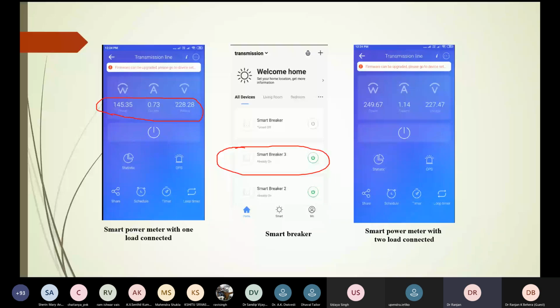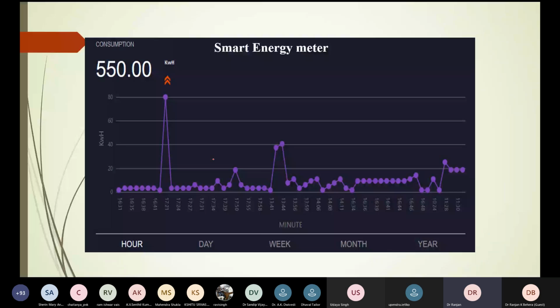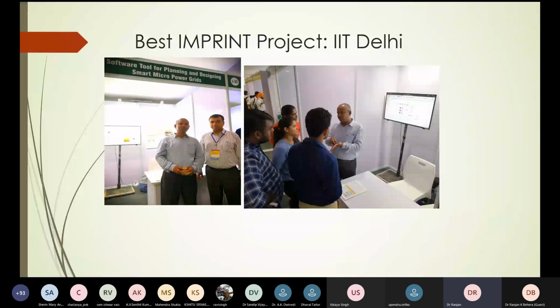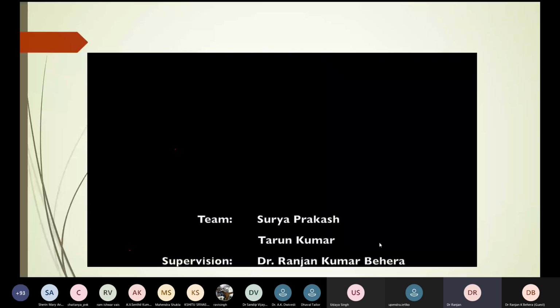So this is how the smart energy works, and this is one of the best projects in the Imprint, which was displayed in the ministries in Delhi. And in this video you can see that my student is explaining how this is